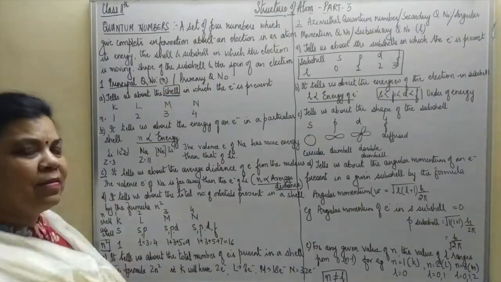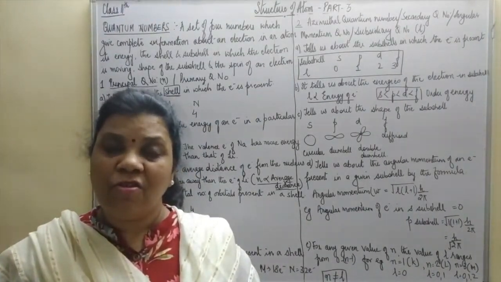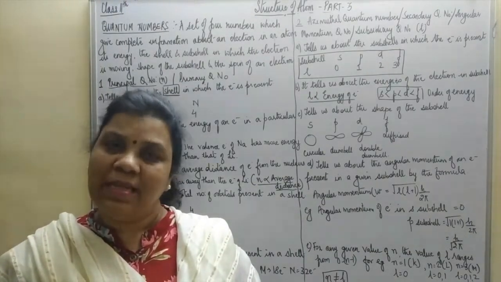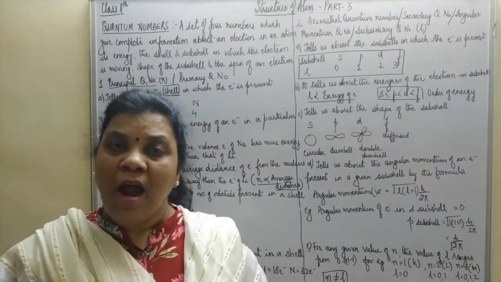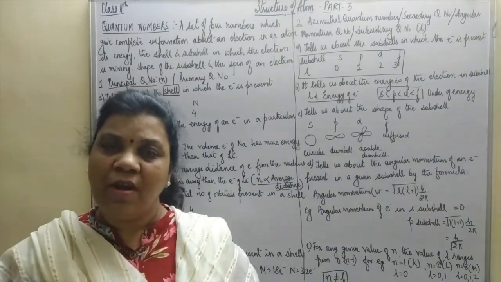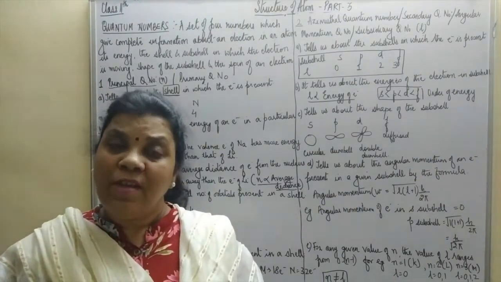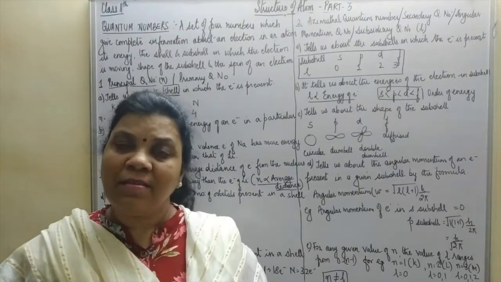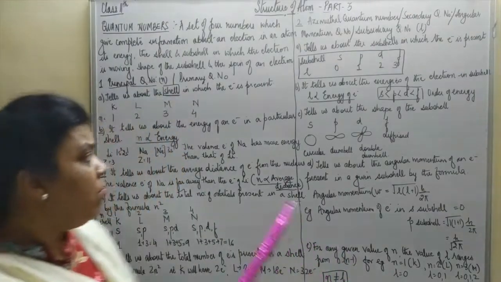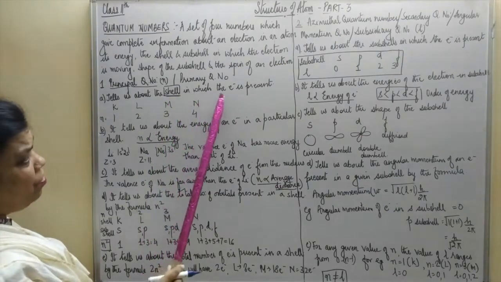And we had already discussed in our first video lecture about the electronic configuration of elements, where we learnt about the shells, subshells, orbitals, etc. So there are different types of shells in which the electron moves around the nucleus, for example K, L, M, N shell, etc. In which shell the electron is moving, this information is provided by the principal quantum number.